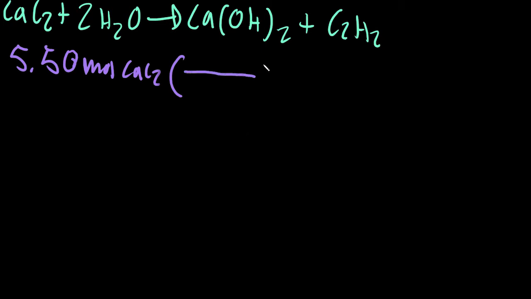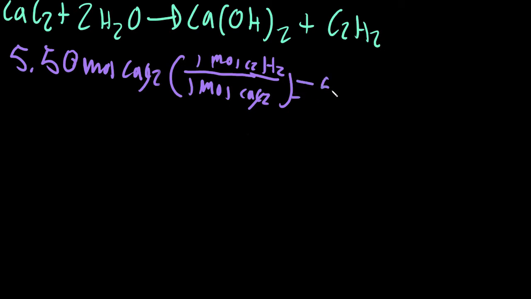Because we want to convert it into C2H2, the 1 mole of C2H2 goes on top. And because we want to cancel CaC2, the mole of CaC2 goes on bottom. And this cancels, and 5.50 times 1 divided by 1 is still 5.50, but now it is moles of